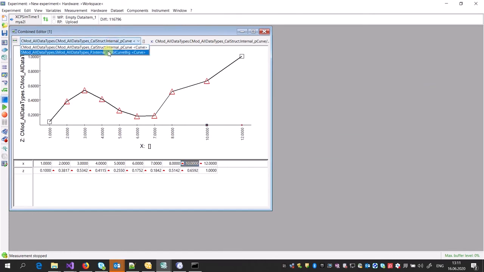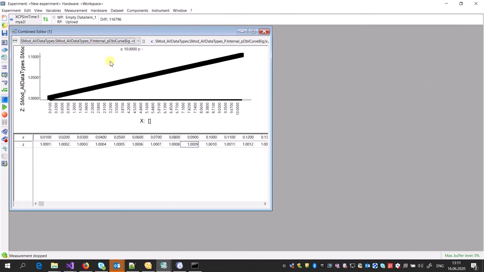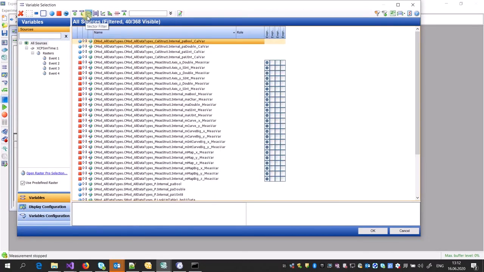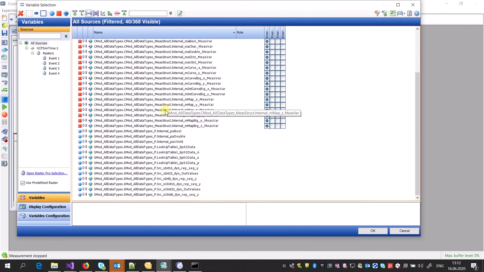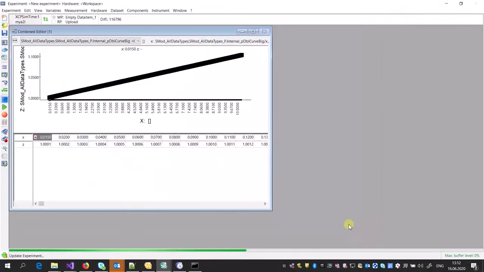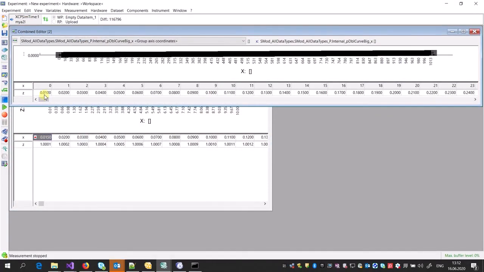Let's start with double curve begin here. Oh, this is a very big curve. Let's go to the first one. This is starting from 0.01. I'm going to make it 0.015. For example, if I open again from the variables the axis of this big curve, it is still showing the 0.01.